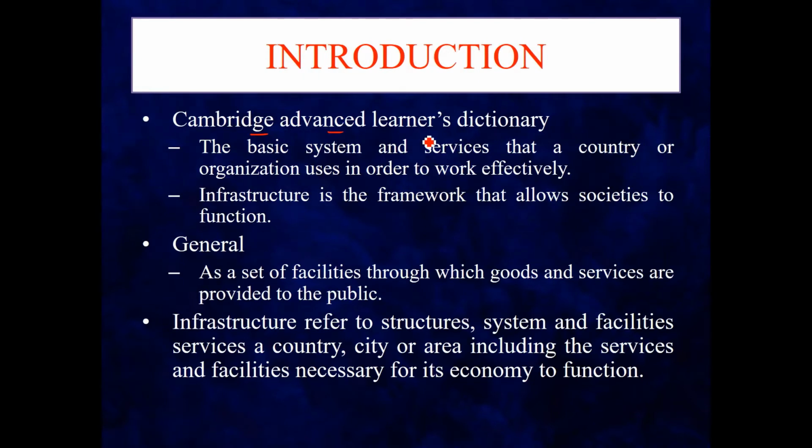In this definition they say a basic system and services that a country or organization uses in order to work effectively. It means, simple, there is one system which you use in an organization,